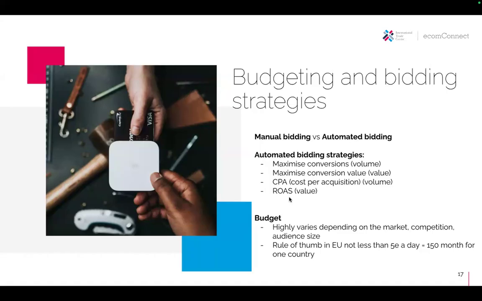That then means that you've used $2, but you've gained $10. So your ROAS would be 500%. ROAS is always in percentages. So you made a return of 500% on your ad spend.